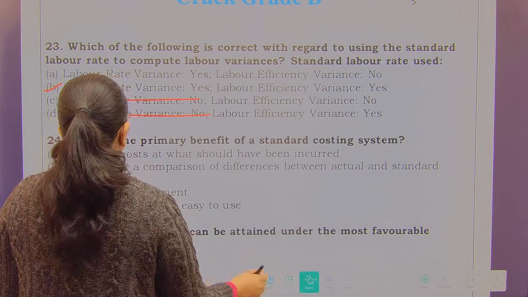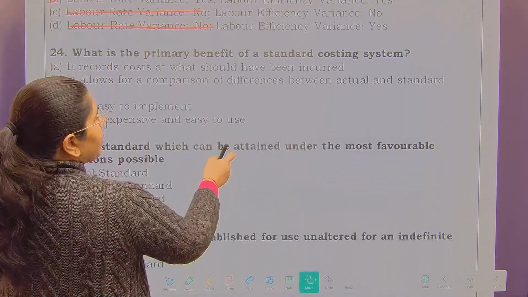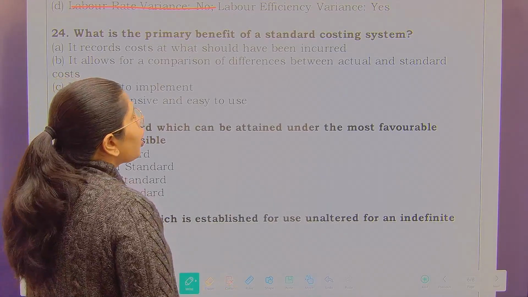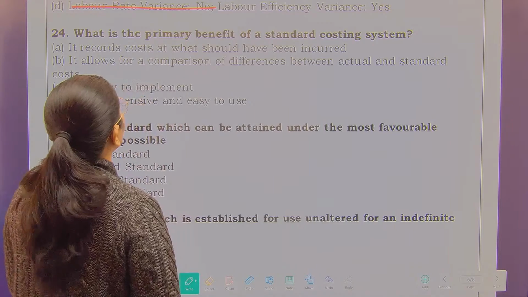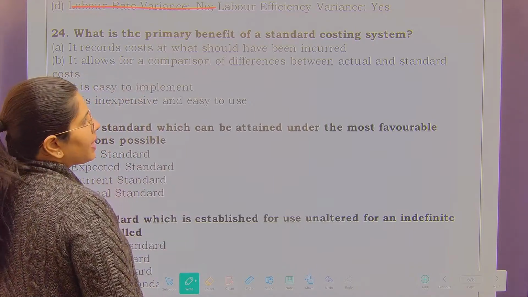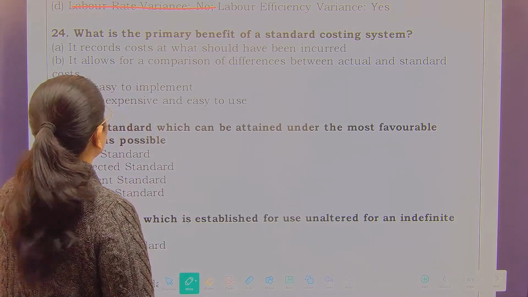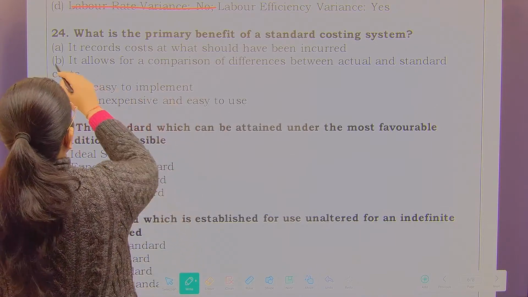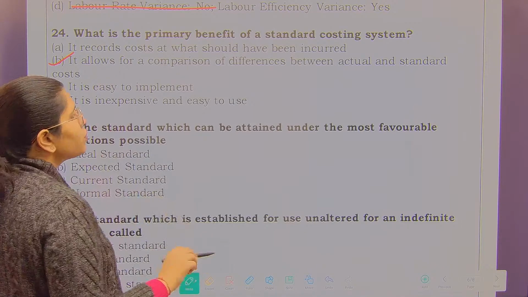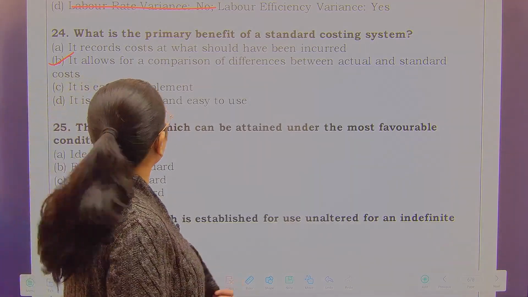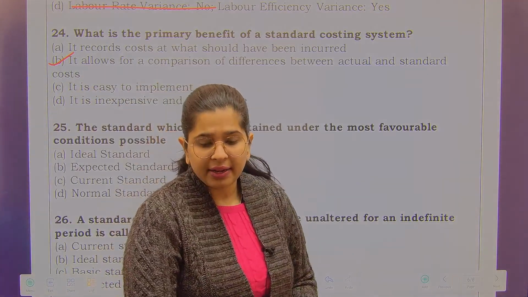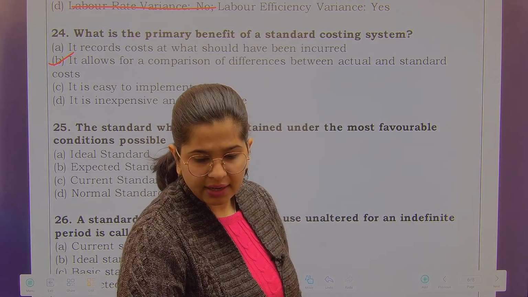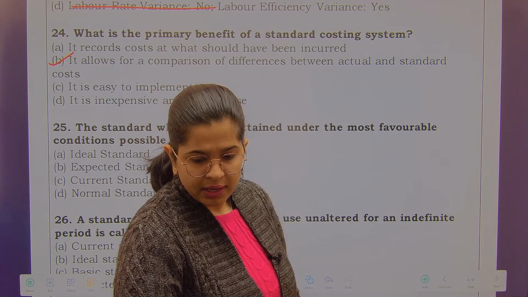Next is, what is the primary benefit of standard costing system? It records cost at what should have been incurred. Okay. It allows for a comparison of differences between the actual and standard. It is easy to implement. It is inexpensive. This is the primary benefit. It allows for a comparison of differences between the actuals and the standard one. This is the primary benefit for you to compute the standard costing. Next is